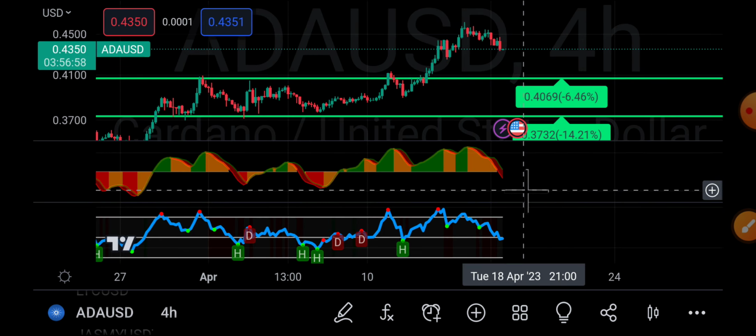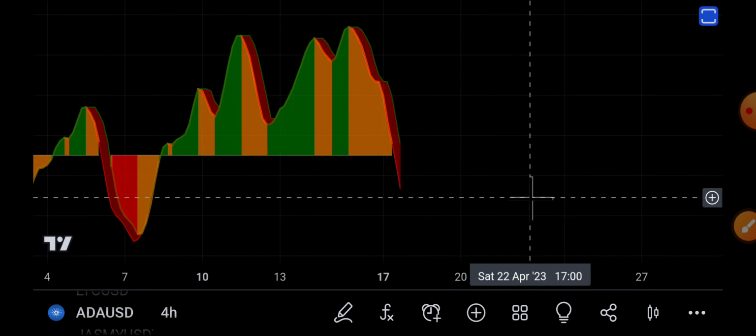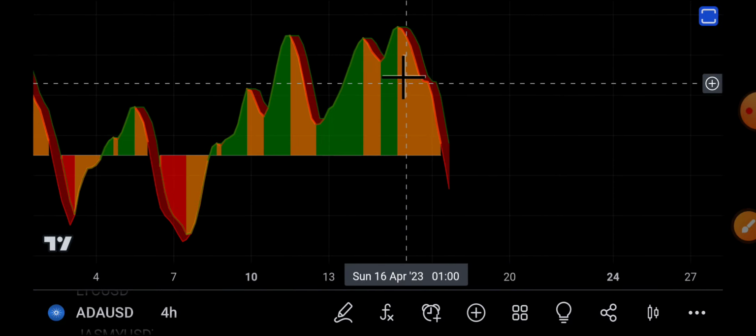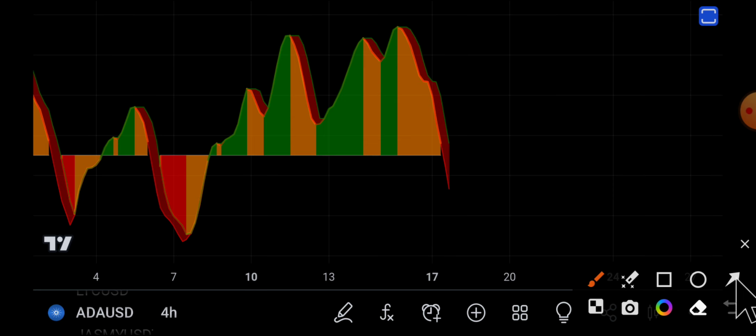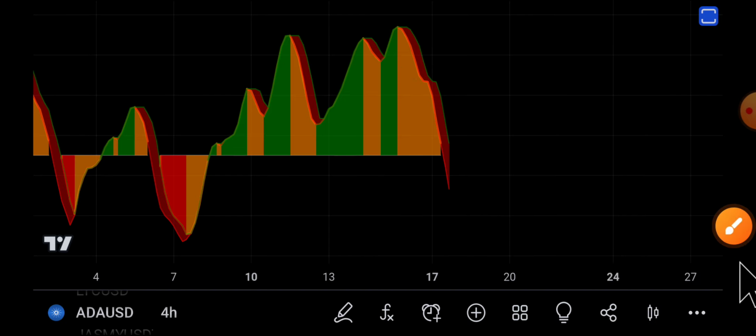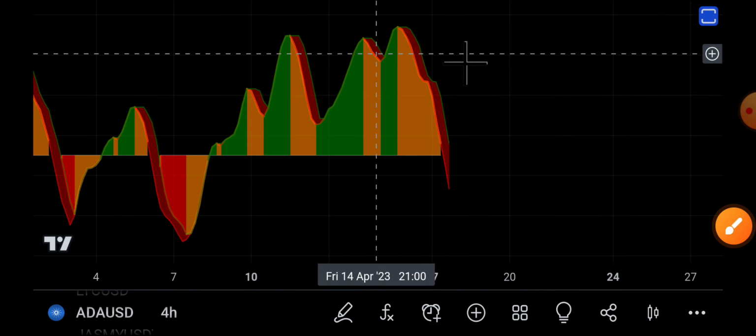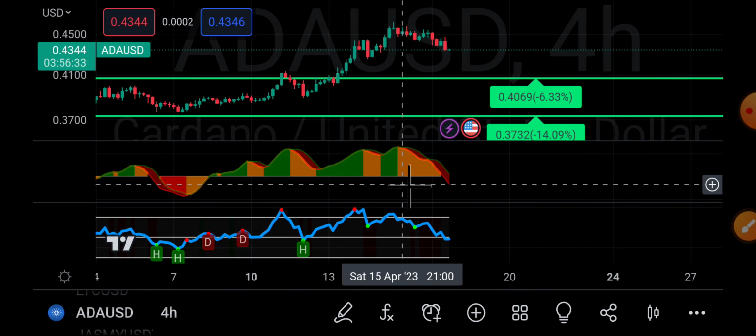If we check our indicators on the 4 hourly time frame, as you can see, we are having some bearish divergence on the oscillator on the lower time frames. The same thing occurred here, some sort of bearish divergence, and you can see we just pushed down as a little correction. No need to fret, as we could just see that little correction push to the downside.